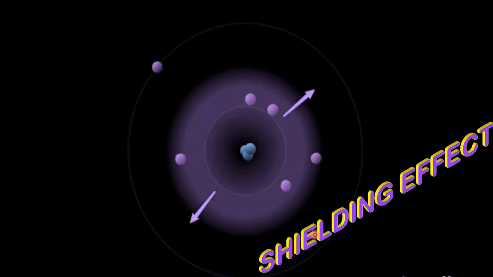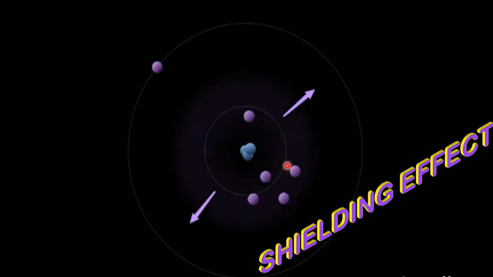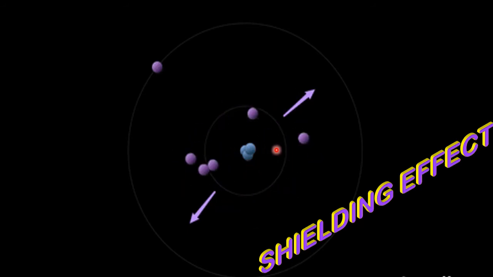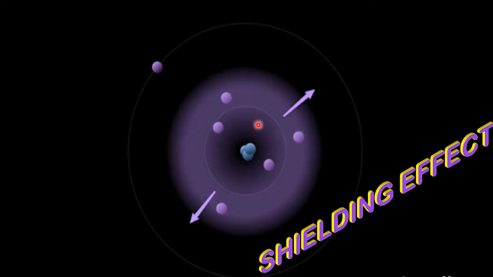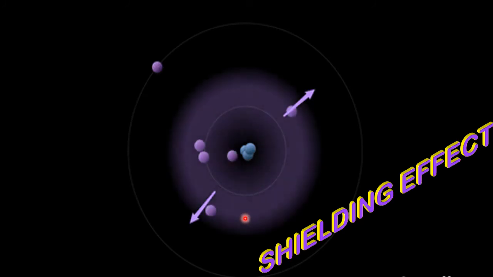Please see, I have taken the example of lithium. Lithium is 1s2, 2s1. Here 1s2 is 2 electrons. Don't think that there are many electrons. Two electrons are moving randomly, wave nature, here and there. This is the 1 electron, 2s1. Now this outer electron is protected by these inner electrons. You see, there is a cover, and this cover will protect this electron.